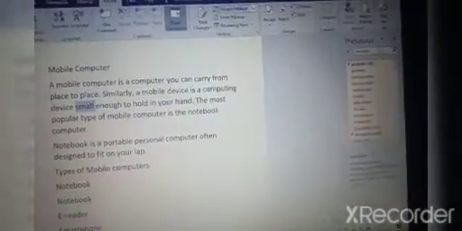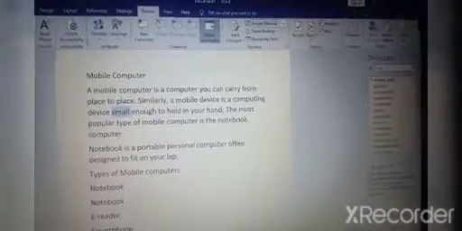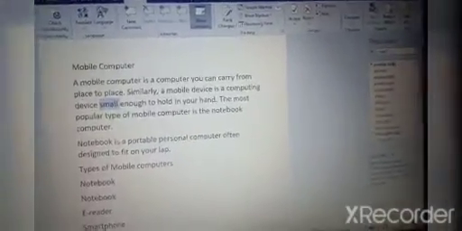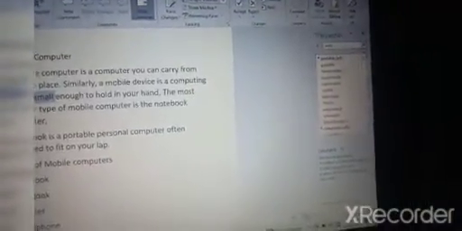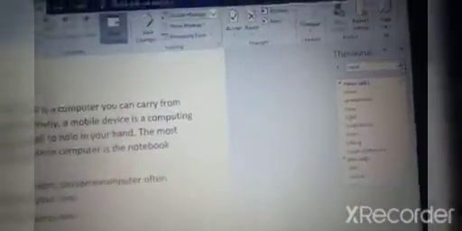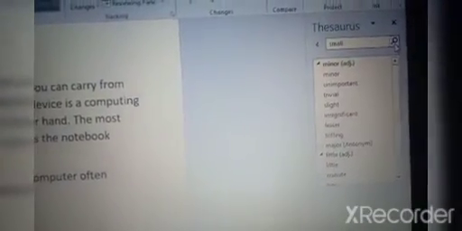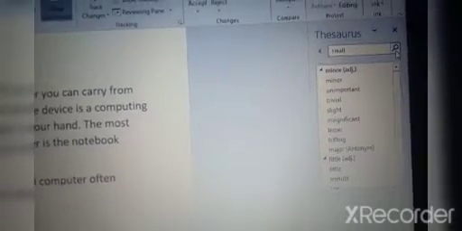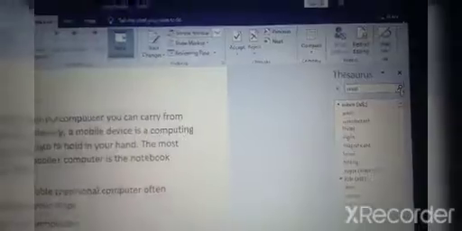Or else here you can type small and just click on search. See, so many words are there. You just insert it, it will come into your document. Understood children, how to use thesaurus?